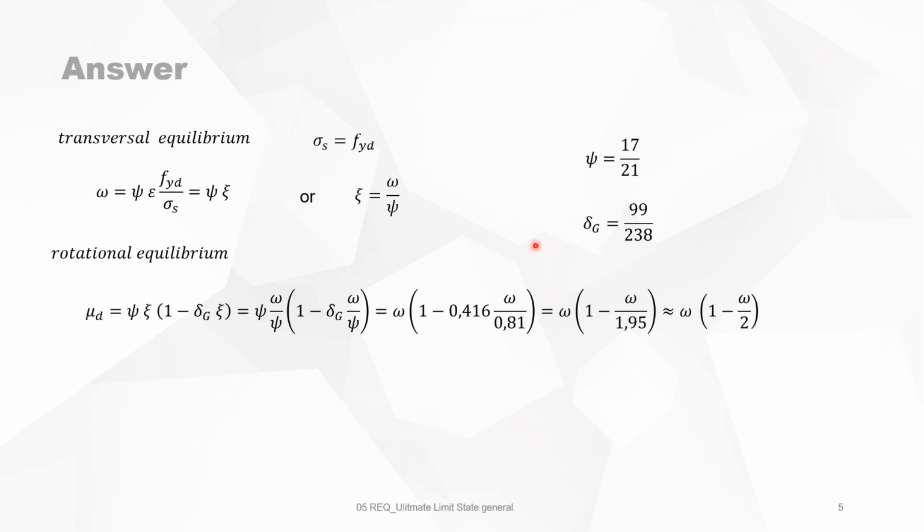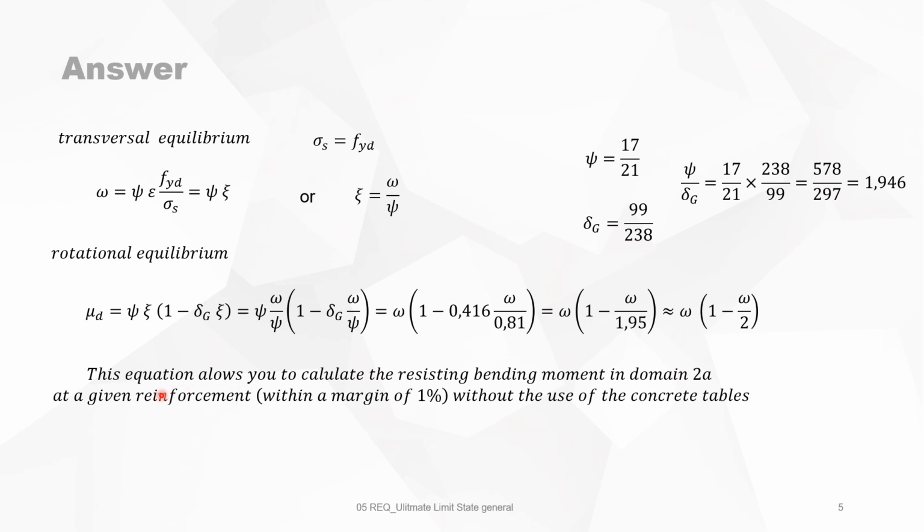Just bear in mind, if you want to calculate a little bit more precisely, then psi is 0.81, but in fact it is 17 divided by 21, and for delta G it's 99 divided by 238. So you can calculate this ratio, and it's 1.946. So instead of 1.95, but if you round it off, it's 1.95. So this equation